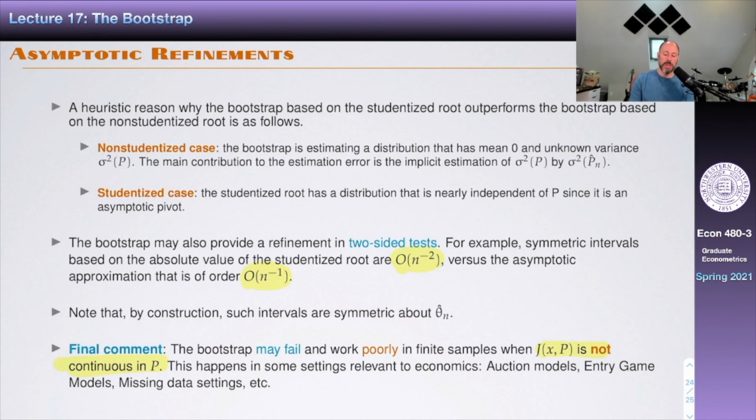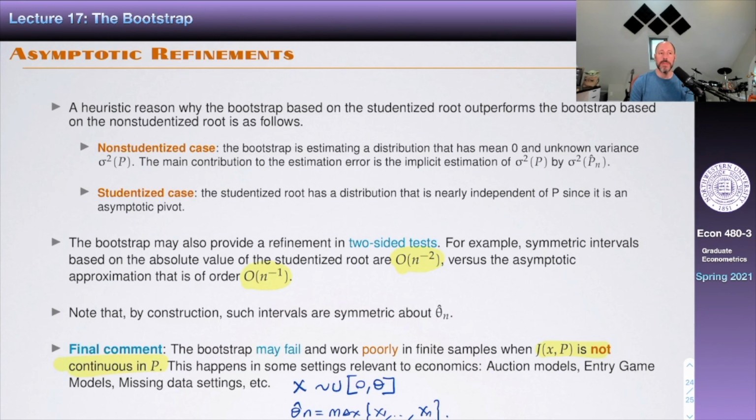And probably the most famous and simple case, which is not related to economics, but where the Bootstrap fails, is if you just have observations X that are uniformly distributed between 0 and theta, and you want to make confidence intervals for theta. You know that if you do maximum likelihood, the estimator theta hat n is just going to be the maximum of all these observations. Okay, and so if you just Bootstrap from the empirical distribution here,